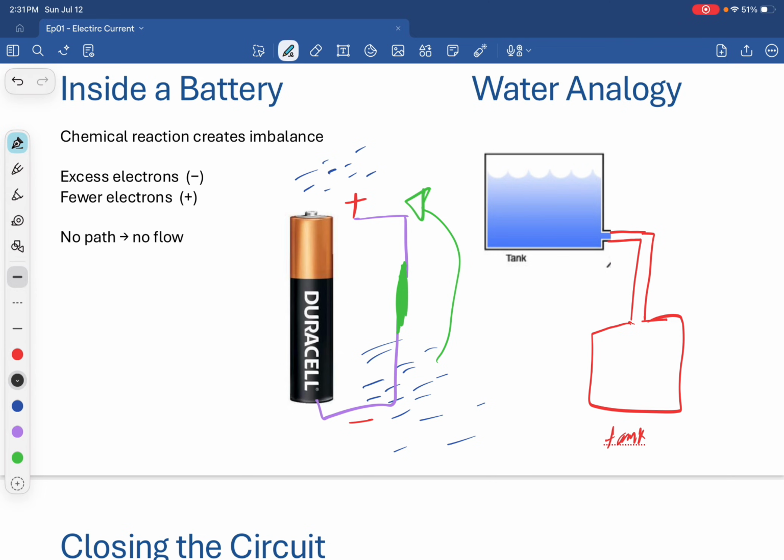Imagine you have a tap right here, which is right now closed. When you close the tap, all the water is stuck here. But as soon as you open the tap, the water is going to fall down, right? It's basic. They'll try to fall down as much as possible and fill up